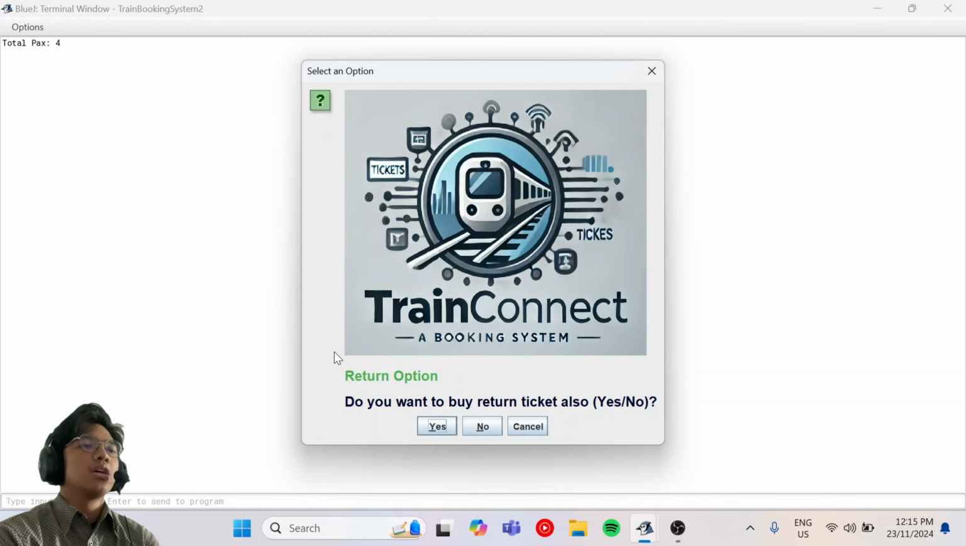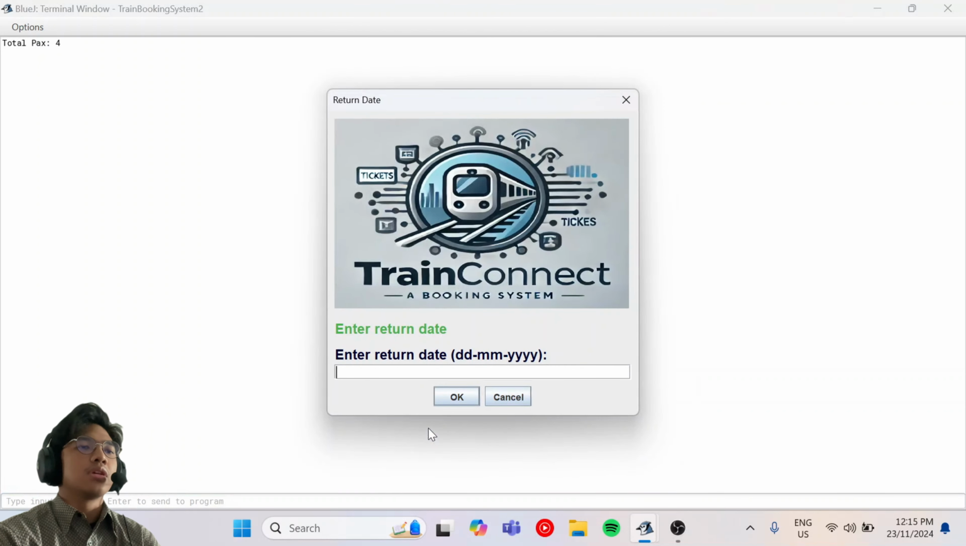Okay, now it will ask the user if the user wants to buy a return ticket also. So if one wants to, click yes, and if not, just click no. So for example, for the first customer we want it, and then if we click yes, we need to enter the return date. So for example,